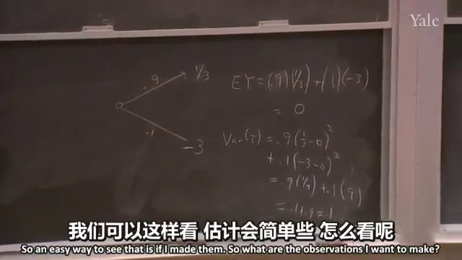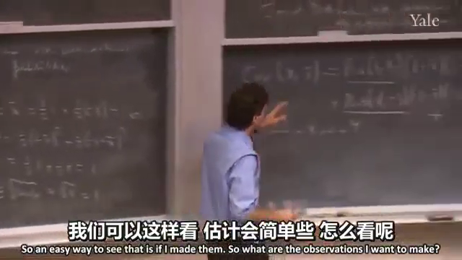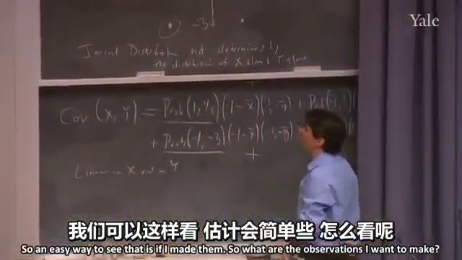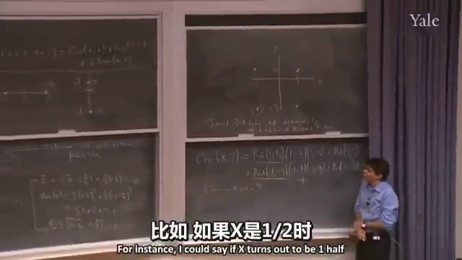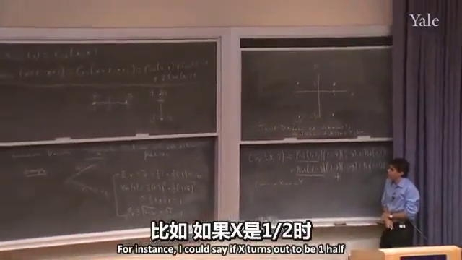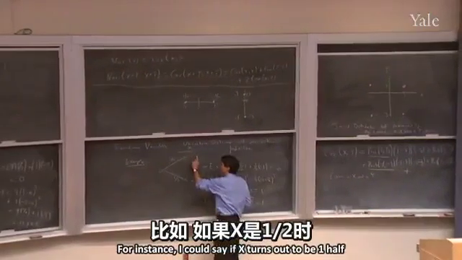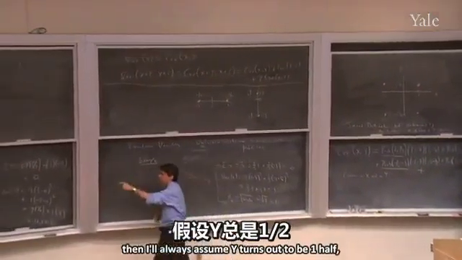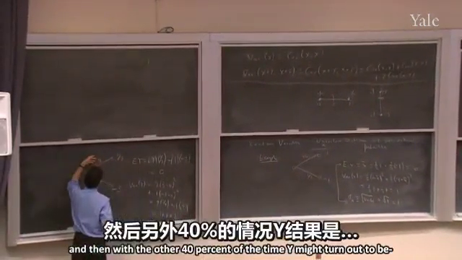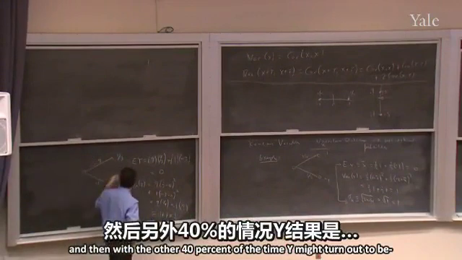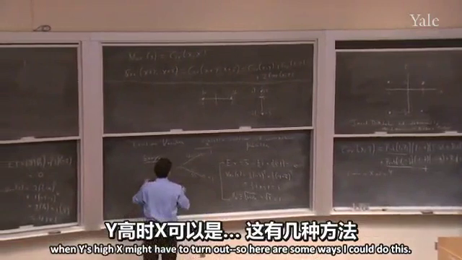So an easy way to see that is if I made them, okay? So the distribution now, so what are the observations I want to make? For instance, I could say if x turns out to be a half, then I'll always assume y turns out to be a half. And then with the other 40% of the time, y might turn out to be, when y is high, x might have to turn out to